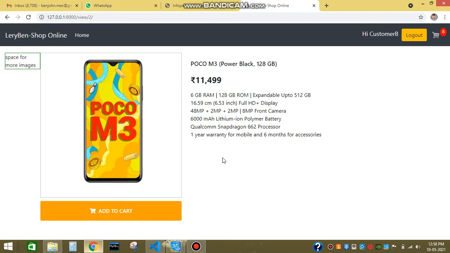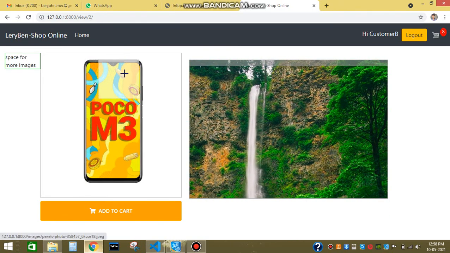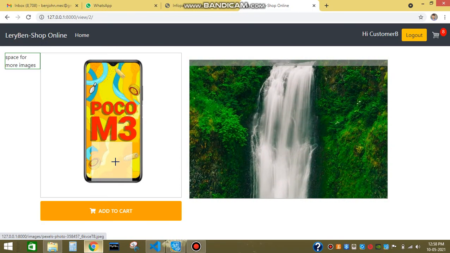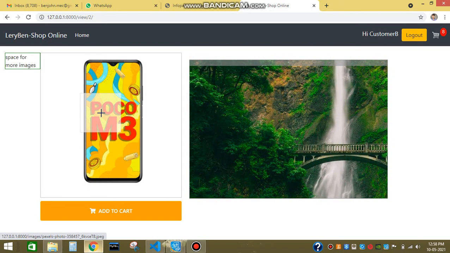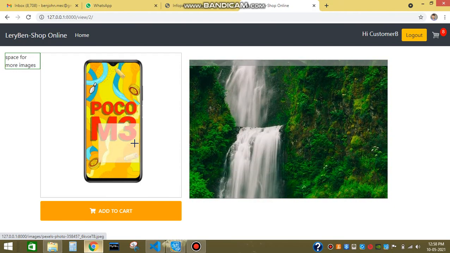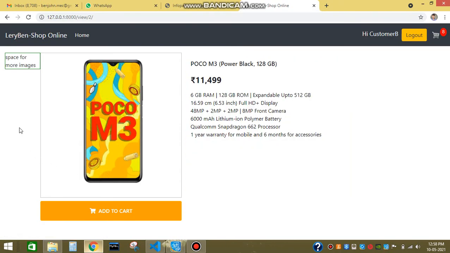And currently I am working on something that almost every renowned e-commerce website has, an option for image zooming. Actually, this is almost complete, but we need a larger image of this mobile to show in the right side, the zoomed image side. Currently I don't have an enlarged image of this mobile phone, so I have put a random image to demonstrate this. So that was my latest update on this project.